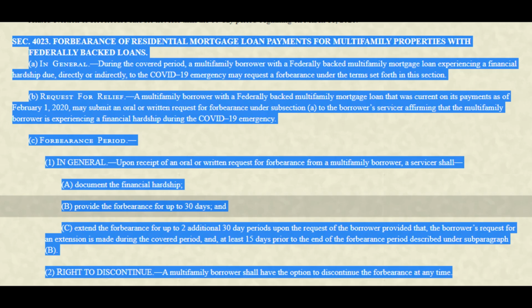Okay, let's move on to the multifamily side of things. This is 5 rental units or more. If you bought an apartment building using any of the federally backed mortgage programs, this section applies to you. When it comes to the forbearance period, unlike the section before, which gives you 180 days, by default they'll give you 30 days for the forbearance, and you can request an extension of 2 additional 30-day periods. Now, there's a catch when it comes to getting the forbearance on multifamily properties.